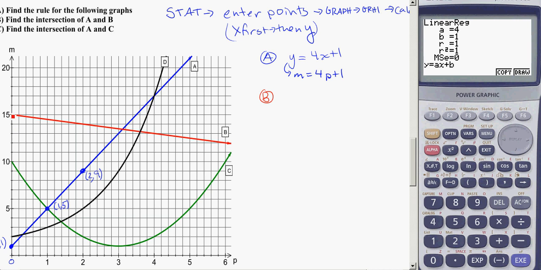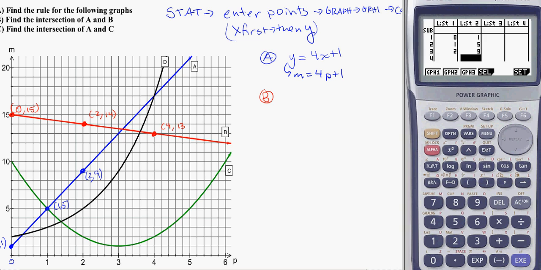So picking points off of here, that looks like a good one. And this one here also looks like a good one. And that one there. So I've got 0, 15. Again, x first, so x is 0, y is 15. I now have 2, 14, and 4, comma 13. So if I want to go to put those in my calculator,